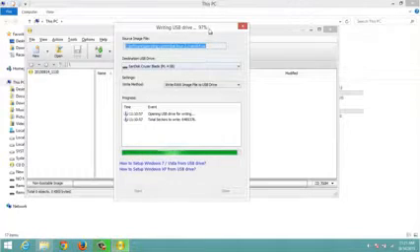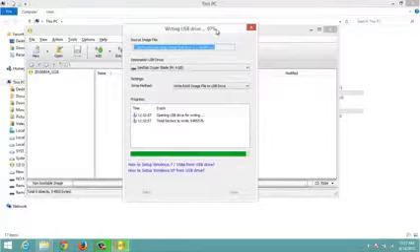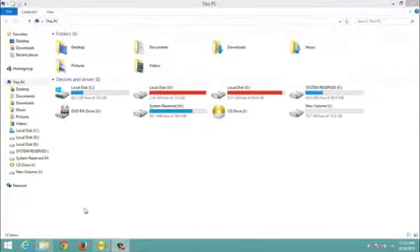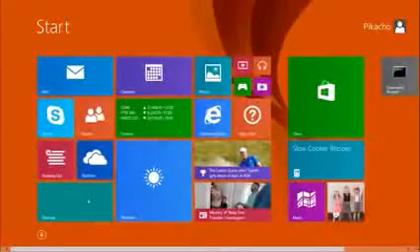So we are at 97% done. Now it will take some time to write the whole thing, and you can see the write USB drive was successful. I will simply click on OK. Now we need to do one more thing here. We need to actually